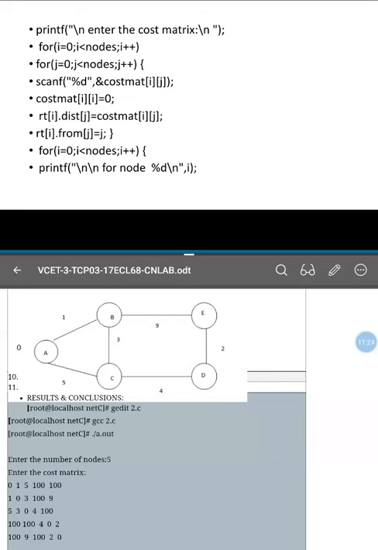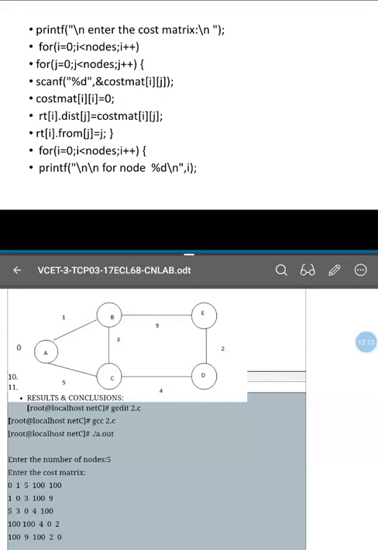Next, the structure, root of I. First I value will be kept as 0 itself, and the inner loop is incremented till 4. So J will be from 0 till 4. Once J goes till 4, it comes out of the inner loop. Once again I is incremented to 1, and J is made from 0 to 4. Next I is incremented to 2, J is made from 0 to 4. Then I is made 3, J is incremented from 0 to 4. Then I is 4, and J is incremented from 0 to 4.